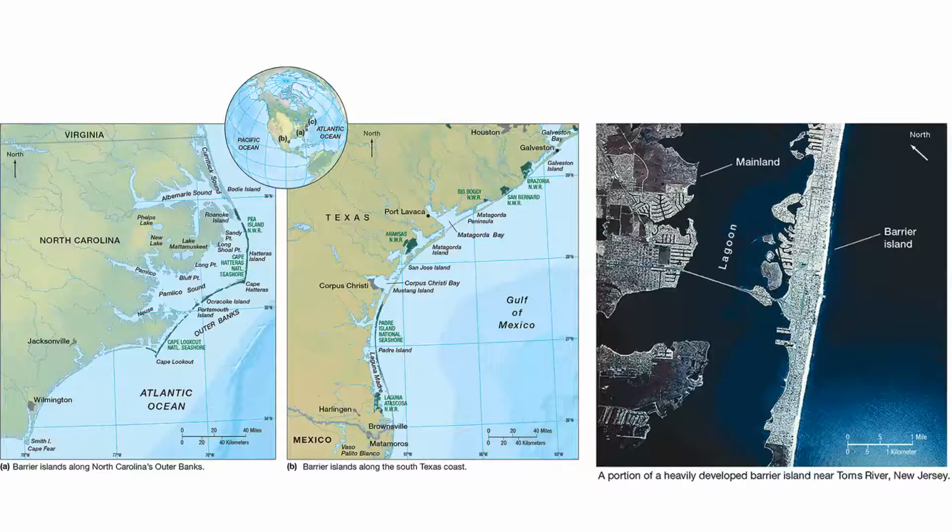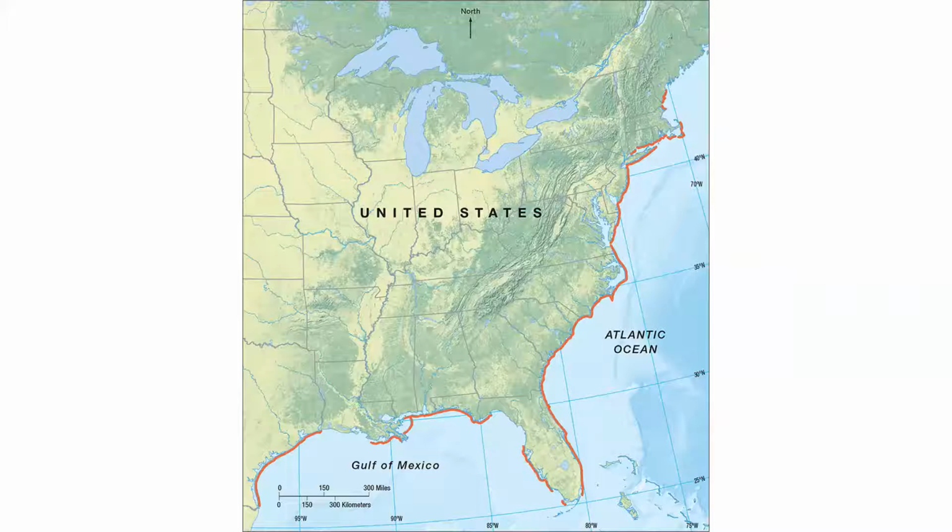These two maps show barrier islands on the coast of North Carolina and Texas. The aerial photo shows a heavily developed barrier island off the coast of New Jersey. According to a recent global satellite study,